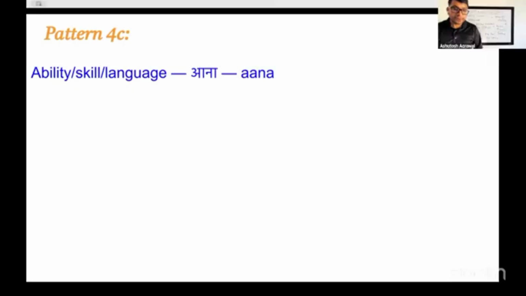The verb ana is typically considered like 'to come', like passengers aate hain, the passengers come, or Vlad ghar aata hai, Vlad comes home. But similarly, if it is a skill or an ability or a language you are familiar with, if it comes to your brain, you also use the verb ana, right?